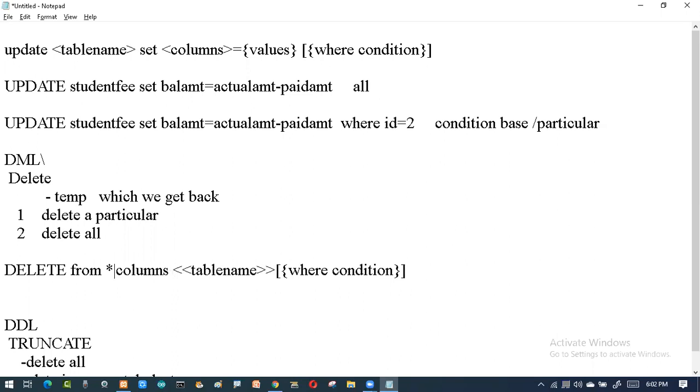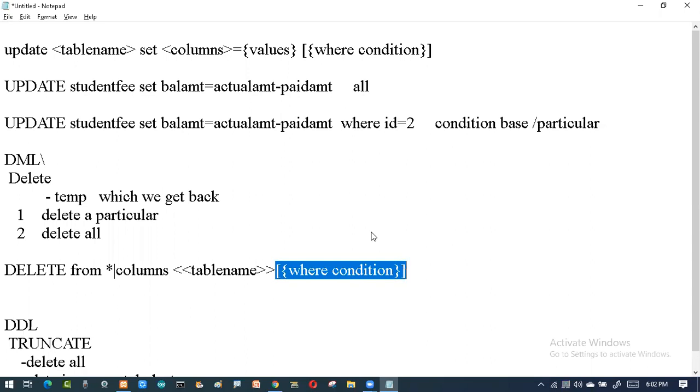So what it is saying is what you want to delete. As I told you, it will go and delete all the records, or I want to delete particular records. When I say truncate, all the records. When I'm using this asterisk symbol with delete, then all records will be deleted. When I say only condition based, only delete record 1, delete 6, delete 10, then I'll go for the where condition. Again it is optional. Again, the situation demands, and based upon that you are going to use it.